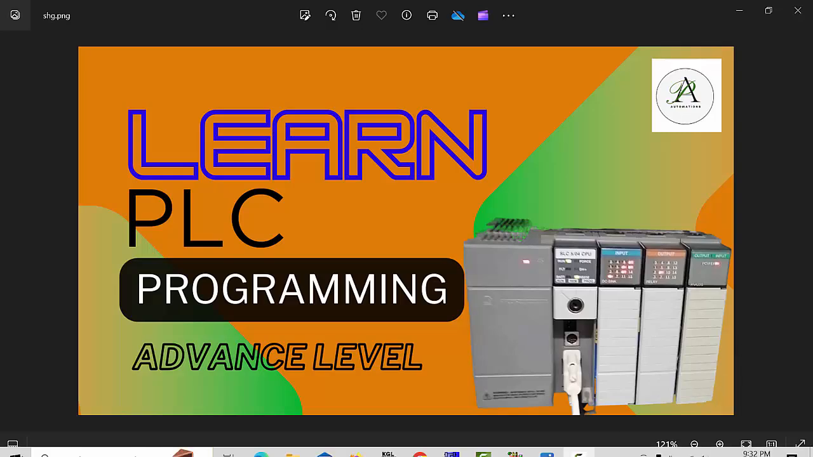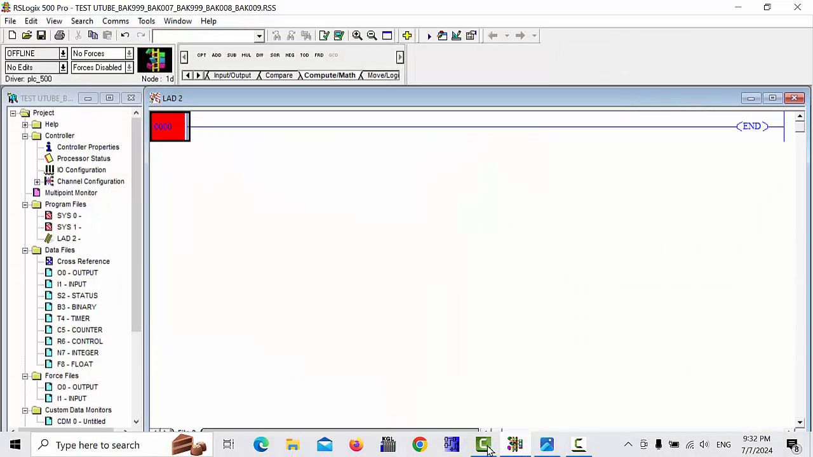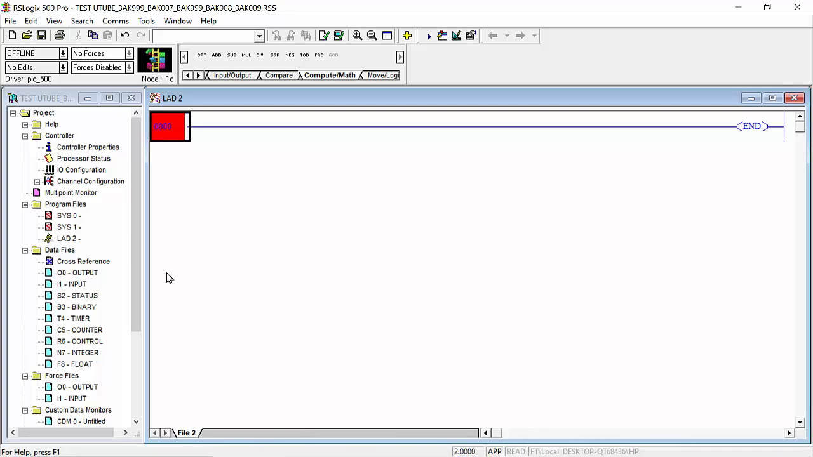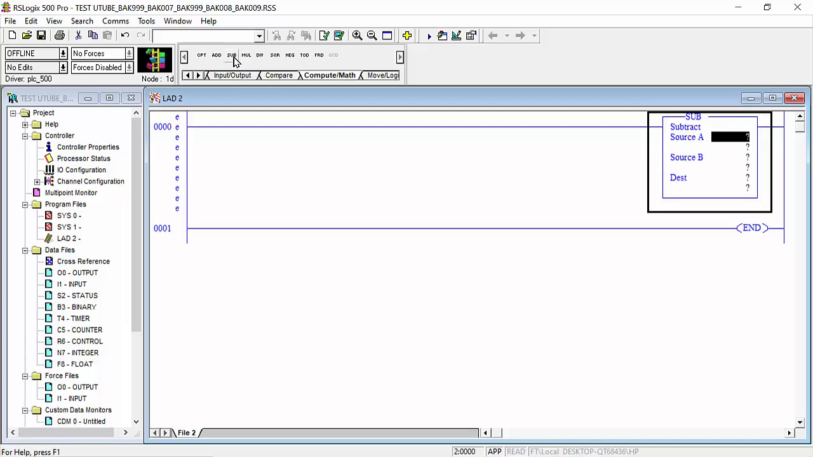So let's start. I will open my RSLogix 500 and find the subtraction command. This is the subtraction command. But before this, we will choose a timer or counter, because we need a counter to give the value to subtract. I will choose a CTD counter,